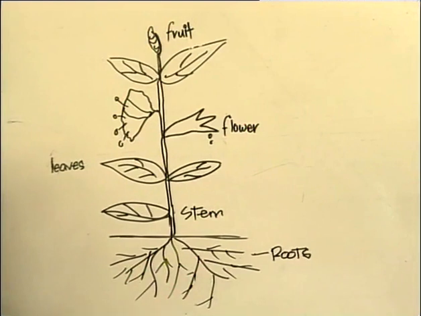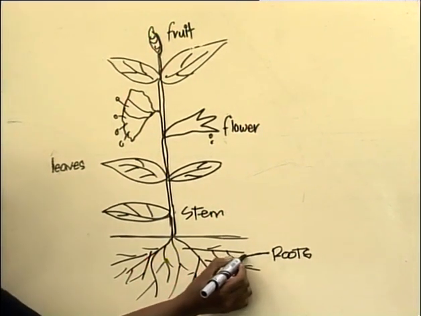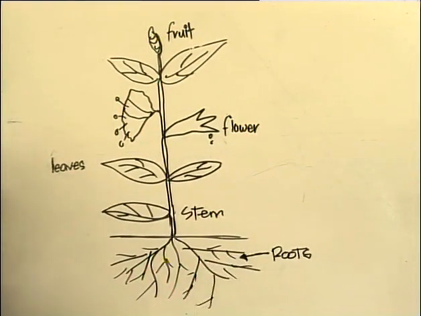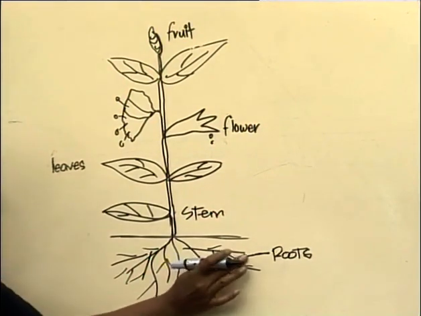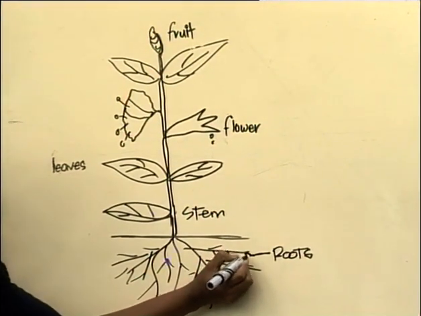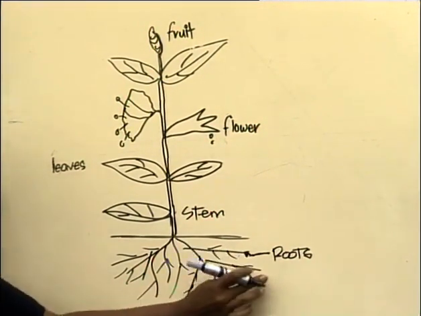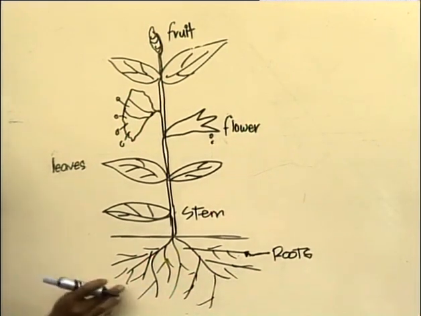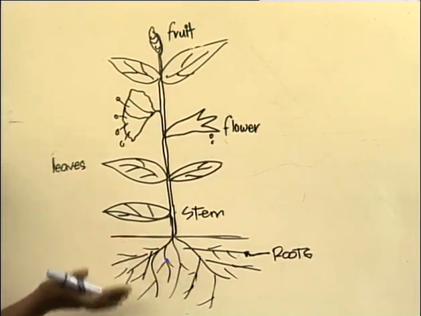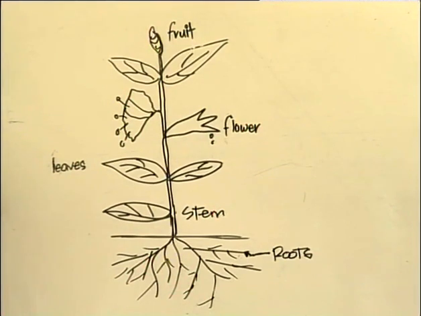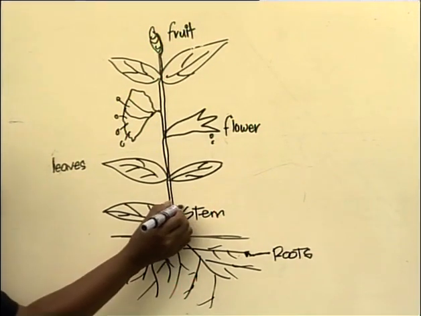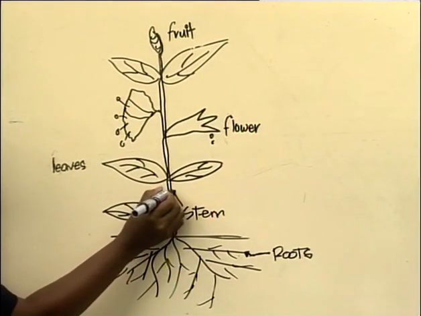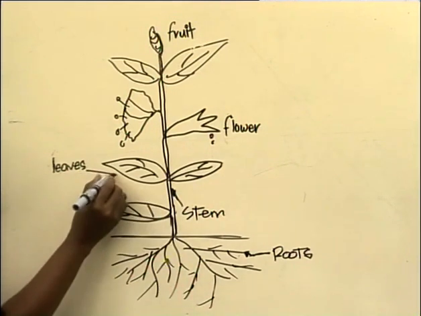Right, let me label it for you. If you have roots, roots should be here. Your arrow can come here, there, on this side, so long as it's where the roots are correctly labeled. Stem, leaf,